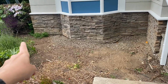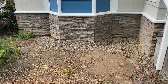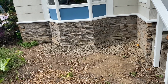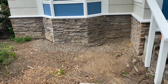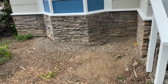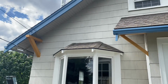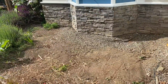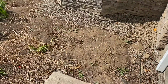First thing I'm gonna do is weed out these volunteer euphorbia, which are a yucky weed. I'll put on gloves for that. But I have this spot and I don't want to plant anything else here that's going to touch the front of the house and cause me some costly repairs in the future. So what would you do in an area with full southern exposure? You can see here we don't have much of an overhang at all, and so the rain beats down in this area. My initial thought was I would come in and level this out a bit, get the drainage